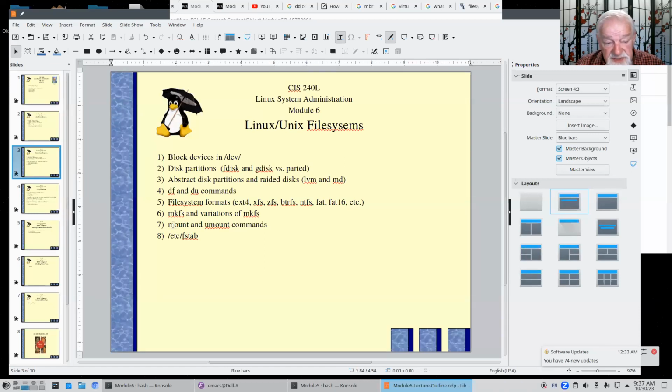Then you can use the mount command to add the file system you just made, the disk that you just formatted, onto your system. And if you want to get rid of it, you use the umount command to take it off of your system. And if you want to do that automatically, or when the system boots, you modify the file fstab, or FS tab, and that will do that. Okay, so